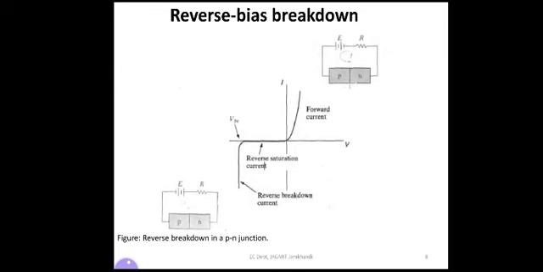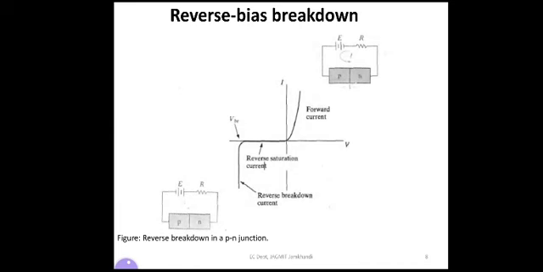Earlier, a negligible current was flowing in the reverse bias, but as the voltage reaches VBR, the critical voltage or the breakdown voltage, the current increases very sharply. A very large current can flow with a little further increase in the voltage. Even with a small increase in the voltage in that direction, a very large current will flow.